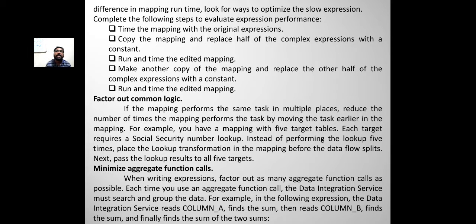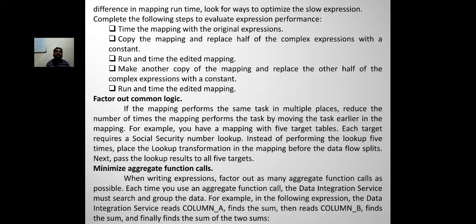Minimize aggregate function calls. When writing expressions, factor out as many aggregate function calls as possible. Each time you use an aggregate function call, the Data Integration Service must search and group the data.